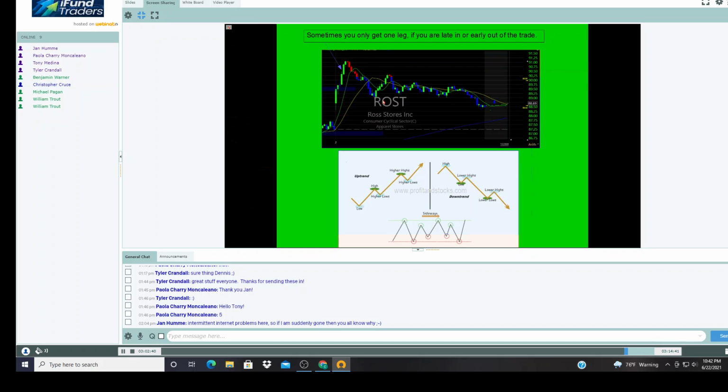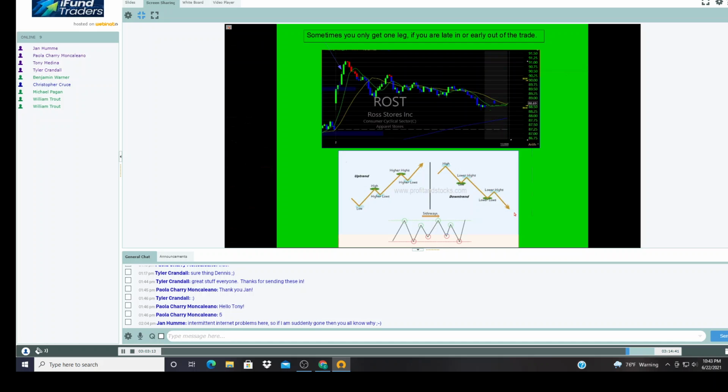So basically, you have this uptrend, and in the uptrend, you're going to have a low, then a high, then a higher low, then a higher high, higher lows, higher highs. That's how it works on the uptrend. On the downtrend, you're going to have a high, but then it's going to a new low. Then it goes up to a lower high, and then lower lows, and then lower highs.